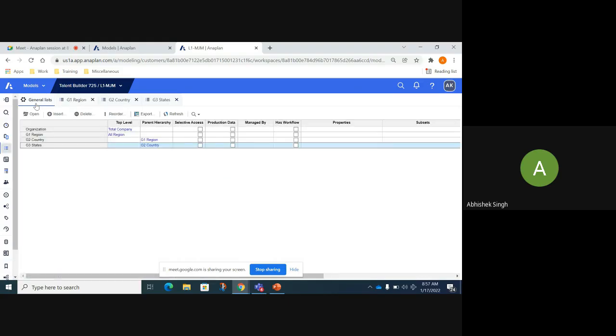Just one note before I close the session for today. You would have noticed I used the prefixes G1, G2, G3, but ideally the lists were region, country, and states. So why in the world did I use G1, G2, G3? There is a standard naming convention which you need to follow for your hierarchy list. Suppose it's geography, so I took the abbreviation G and defined it 1, 2, 3, with one being at the highest level, two being its child, three being its further child.